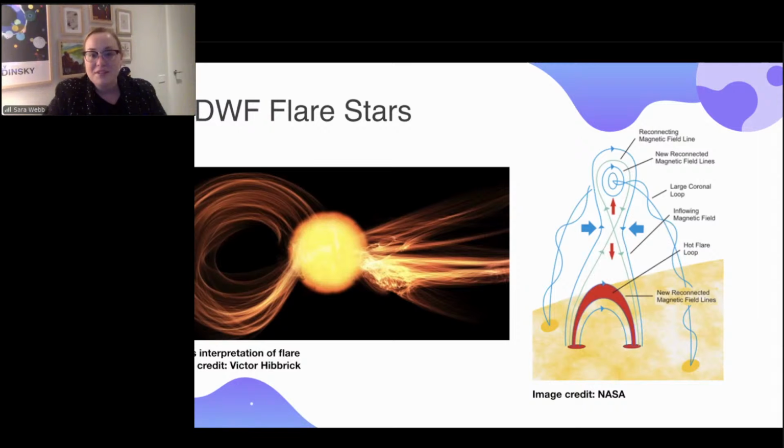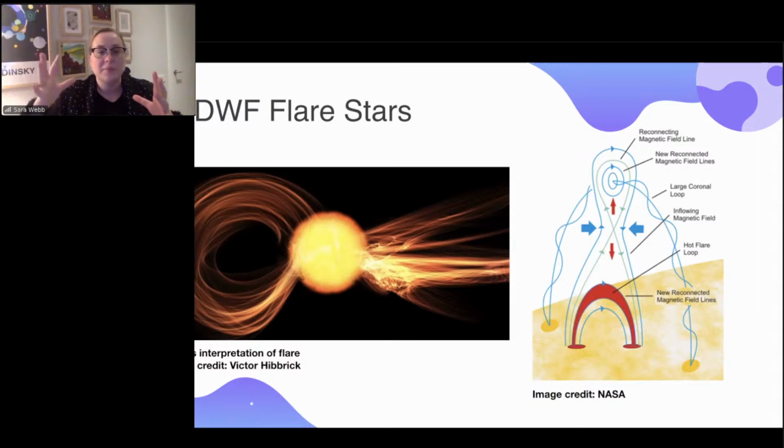So flare stars are really interesting because there's some awesome fundamental physics happening with magnetic dynamos. But in general, a flare tends to occur when you have magnetic reconnection. So when you have a star with very large or very active magnetic field lines, when two connect, it can break that path of the electron.